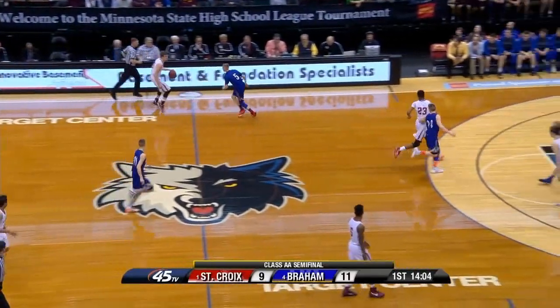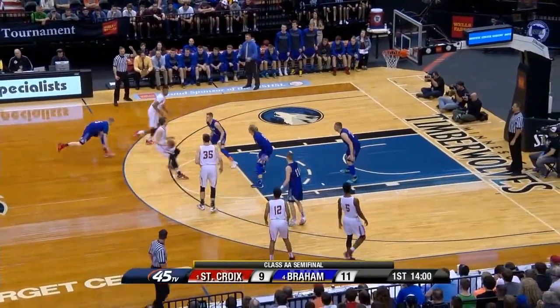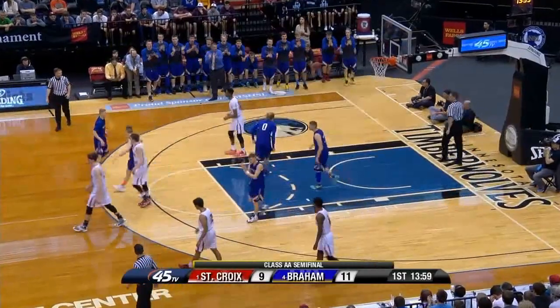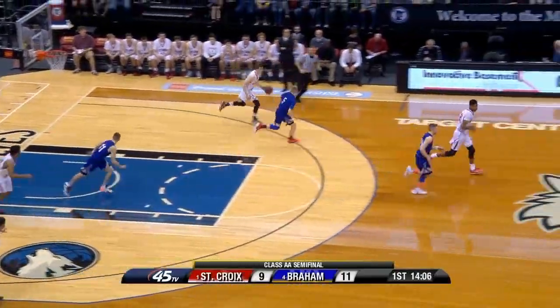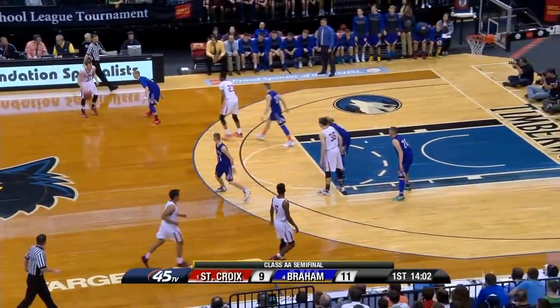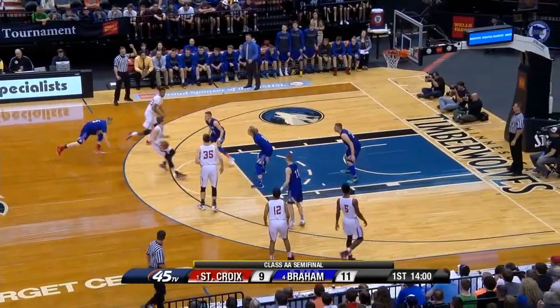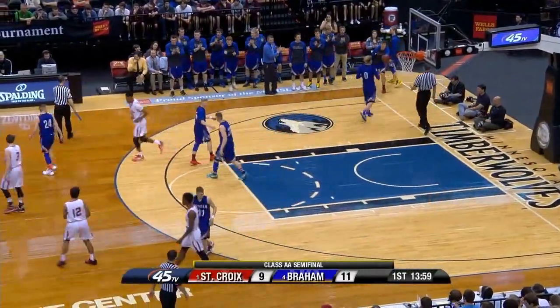On this play, we're going to have an illegal screen called by the C. I think it's a pretty good call. 23 has his feet pretty wide as a base, outside of his shoulder frame, and makes contact with the defender. So I think we're good there. I want to talk about the sequence of the signals and the mechanics there. I think we're really good there.